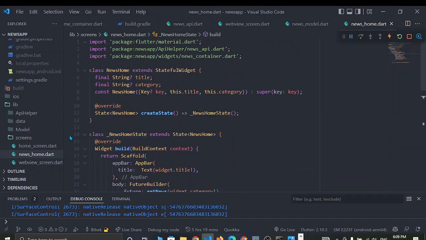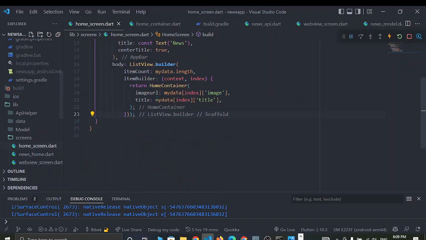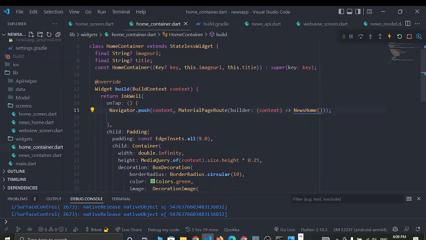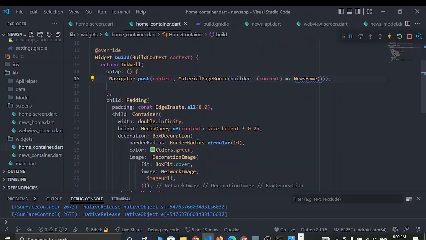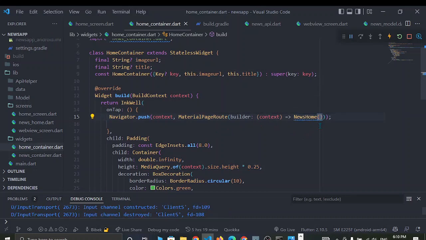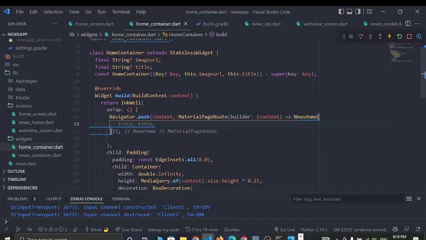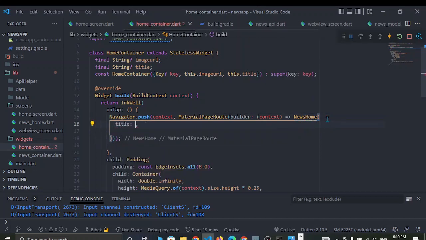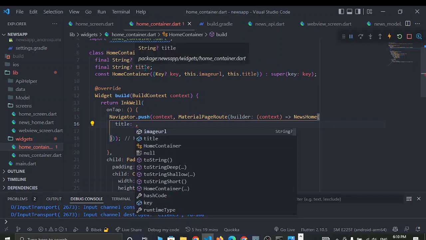So from home screen we are navigating to news zone. So while going to this screen we have to pass these two arguments. Okay, so let's go to widget and home container, and we have to provide these two parameters. Okay, so title is going to be this title,